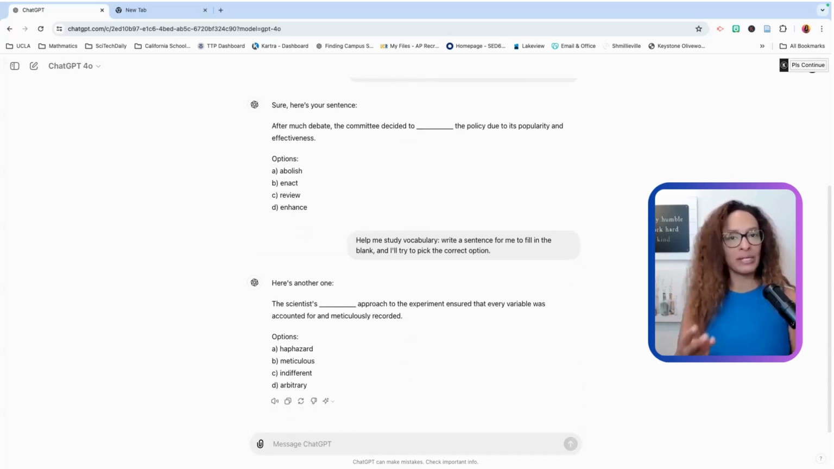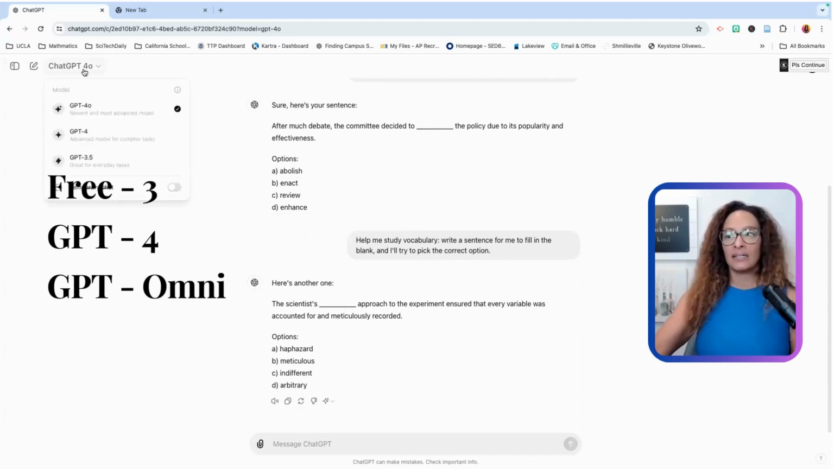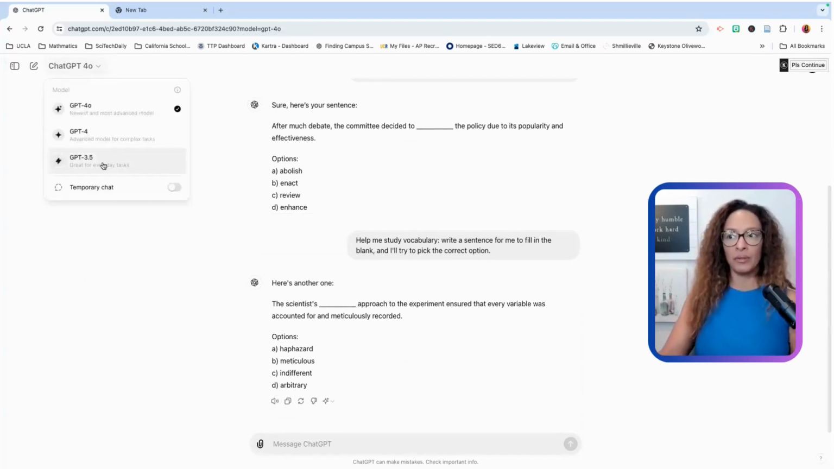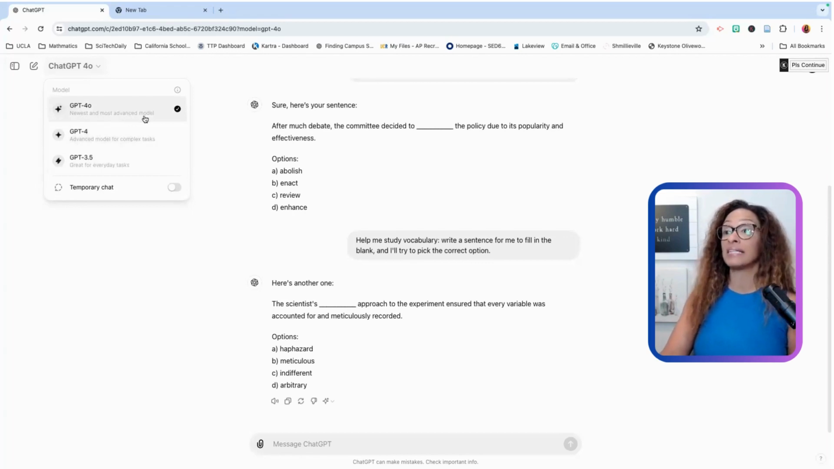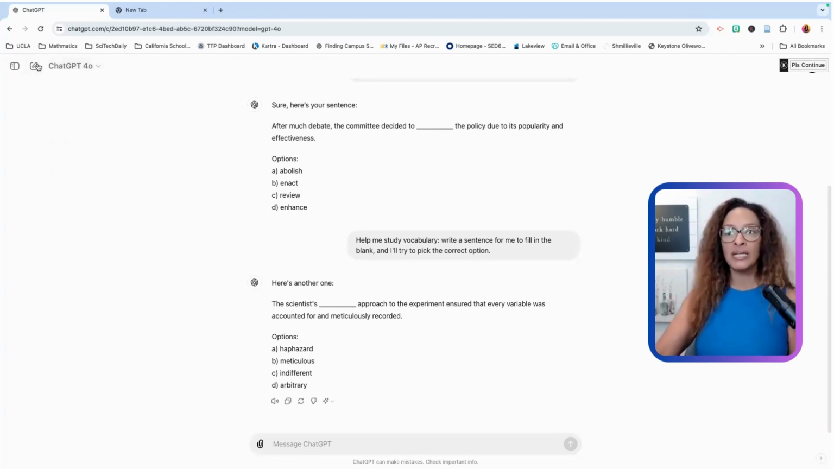So there are 3 capabilities: free, 4, and Omni. Now you'll notice: great for everyday tasks, advanced model for complex tasks, newest and most advanced model. So that's the difference. And if you're a teacher, I highly recommend that you get it and learn this, because if